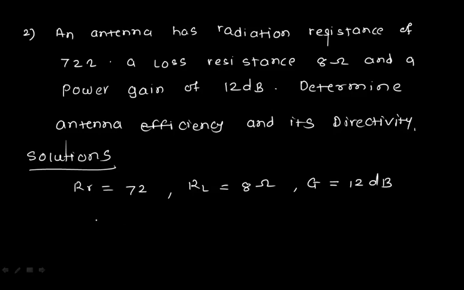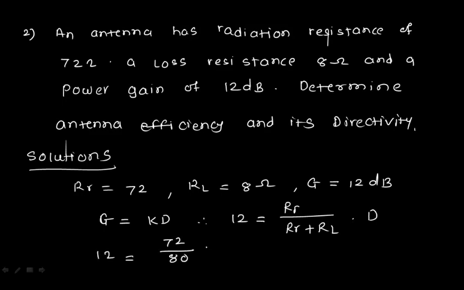I can write G is equal to K into D. So 12 is equal to K, that is RR divided by RR plus RL, into D. So 12 is equal to 72 divided by 80 into D. So D is equal to 12 into 80 divided by 72. If you calculate this equation,